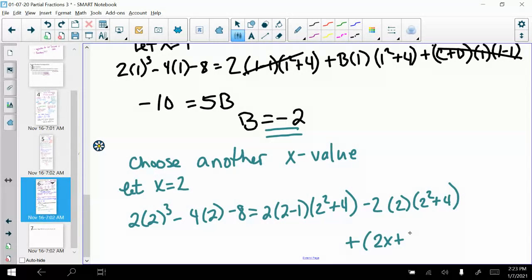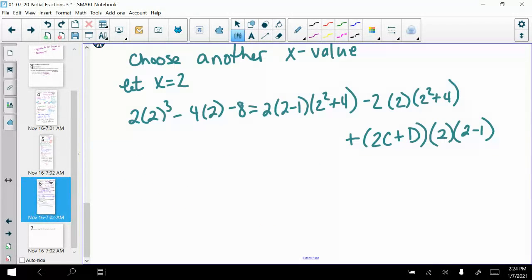2x plus d. So that's c, oh, not x, 2c plus d. That's cx plus d, but x was 2, so 2c plus d times x minus 1, so 2 minus 1. Okay, so now let's see. On this side we have 8, 16 minus 8 minus 8. Oh, that'll be good. Equals